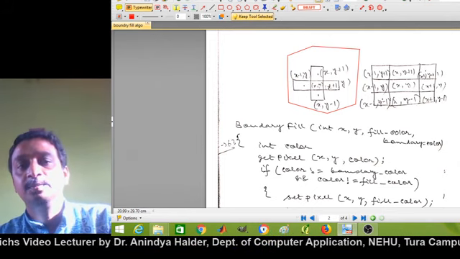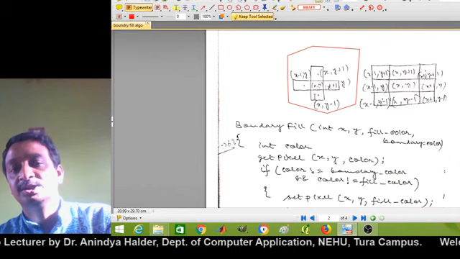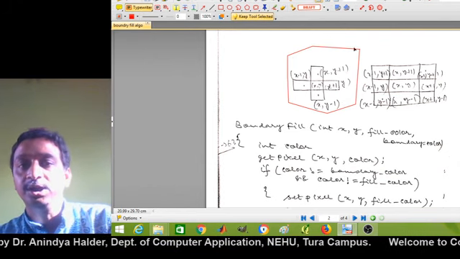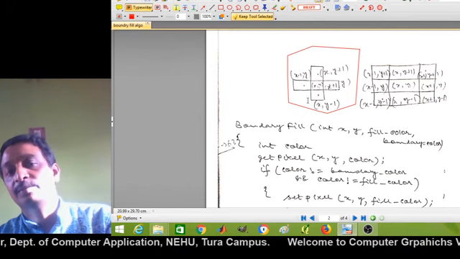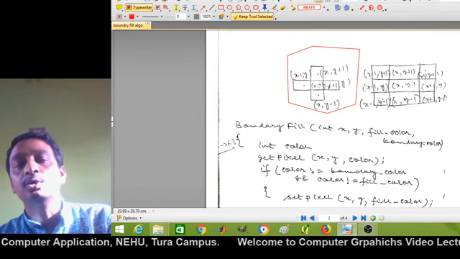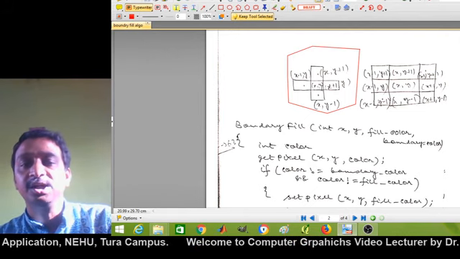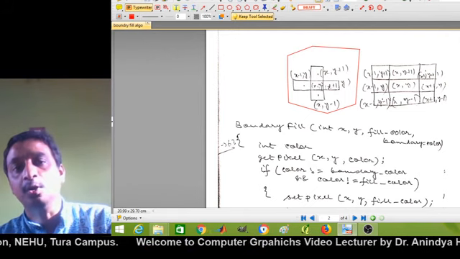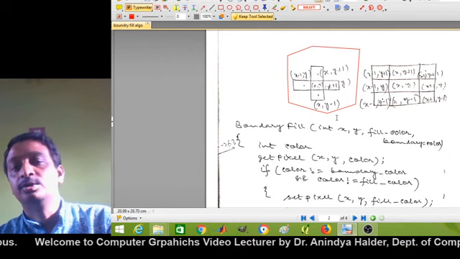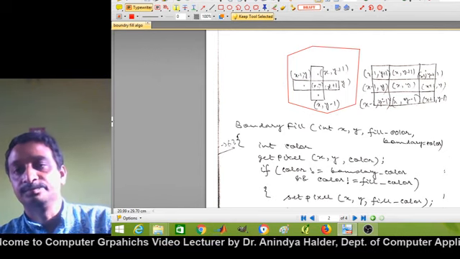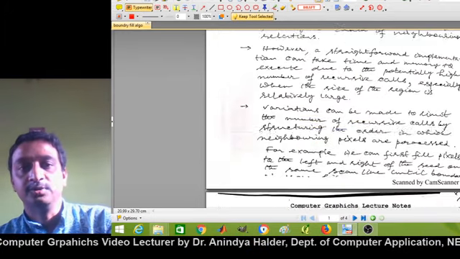That means if the x, y pixel, that seed pixel, is already in the boundary color, or if it is already filled, then there is no need to call or fill with the desired color, because it is already either filled or it is a boundary region pixel. So the algorithm will not call recursively. So that is what is written here.